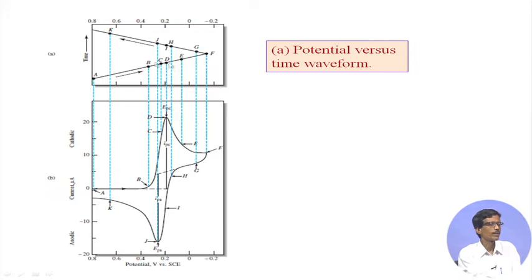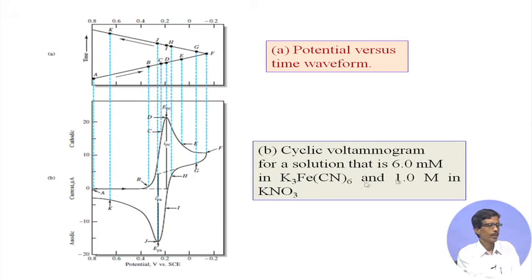So, the potential versus time waveform looks like this, and we have the cyclic voltammogram. This is the typical cyclic voltammogram of a very small concentration of potassium ferricyanide. It is a 6 millimolar concentration of potassium ferricyanide that you have in your hand, and that 6 millimolar solution,